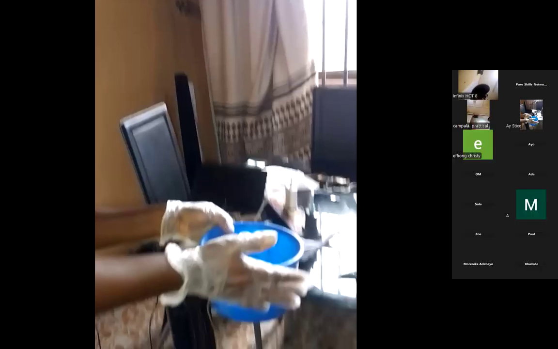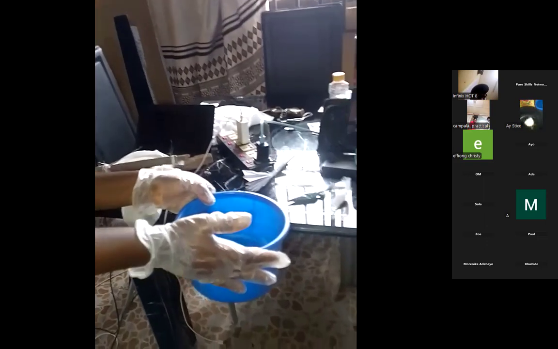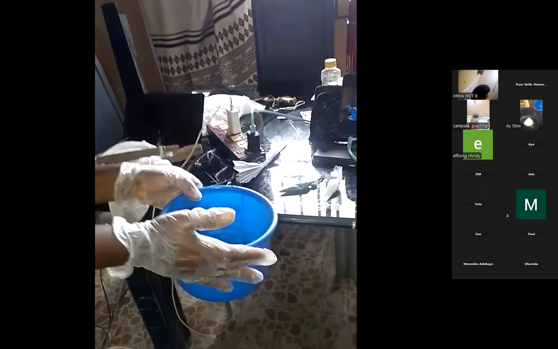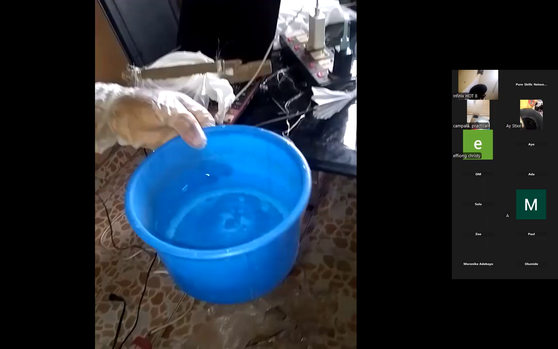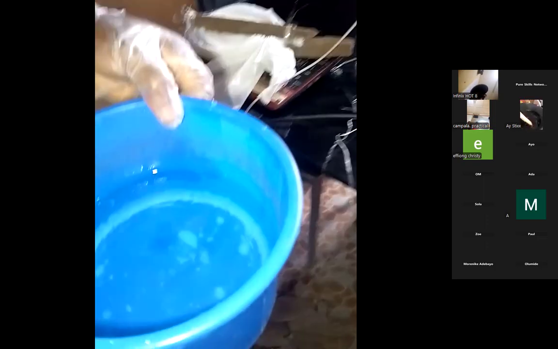This is our hot water, not very hot. You need this to stir your chemical and the dye stuff.